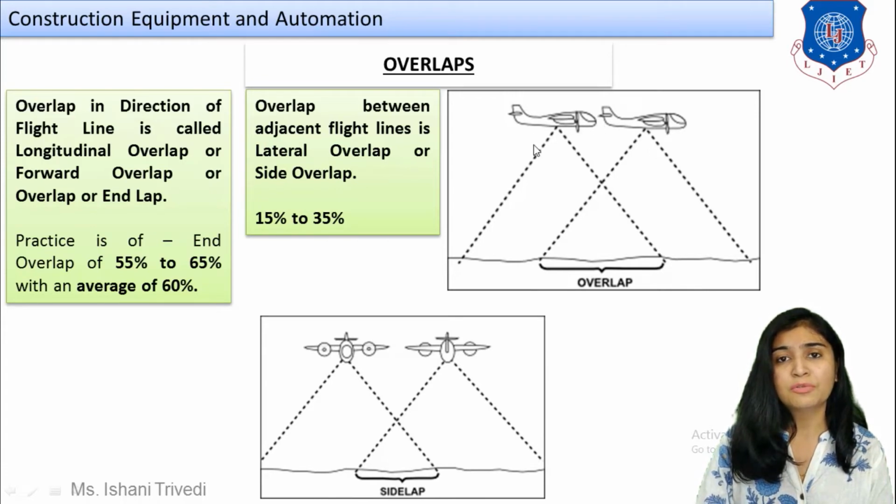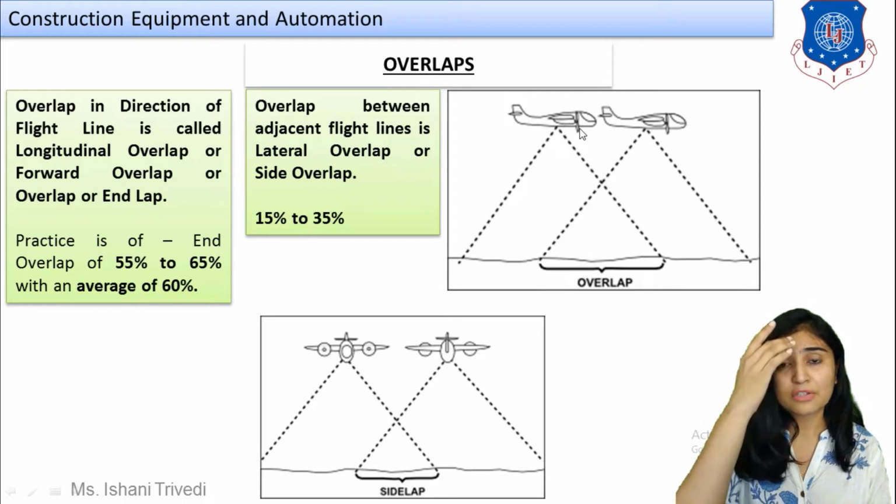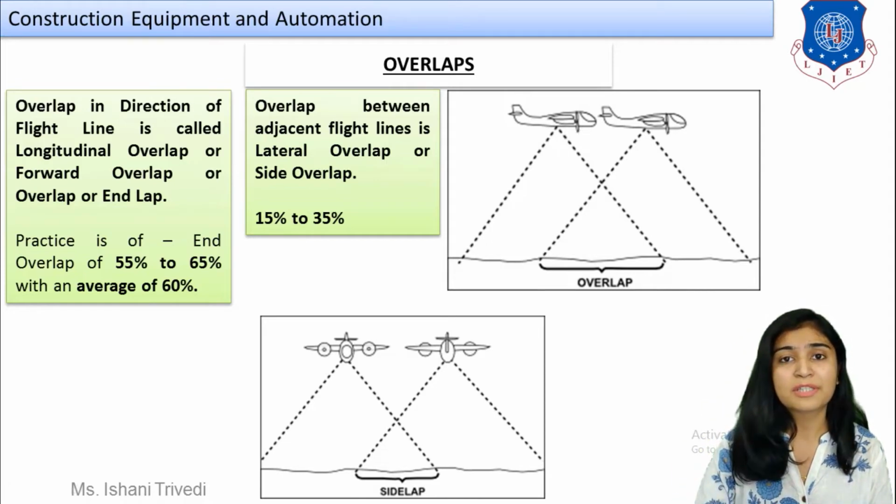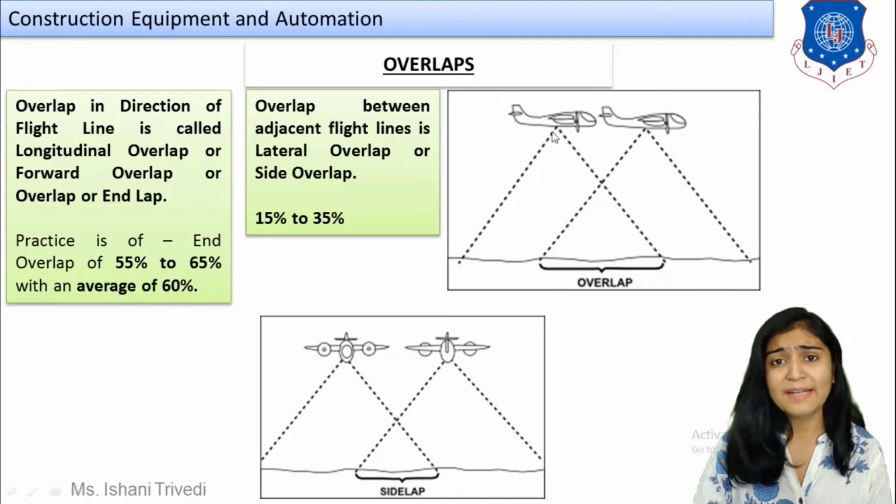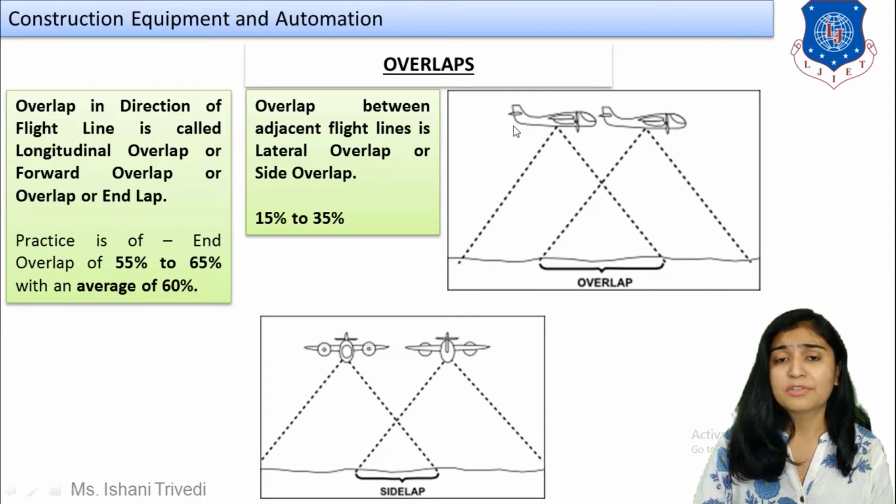It is going to move to and fro and carry out the number of flights, and based on that we can also calculate the number of photographs and the number of flights to be done. So here the overlapping is caused because of the flight moving in a single direction. Now let us have a look over here.